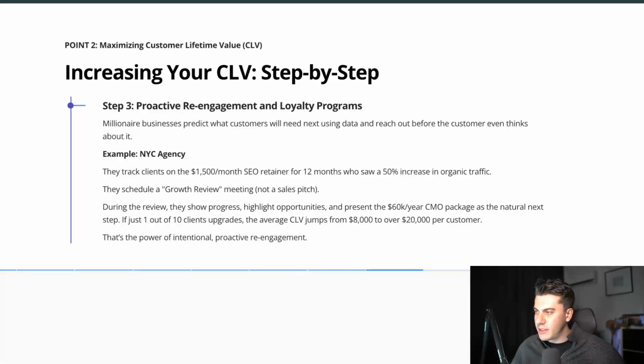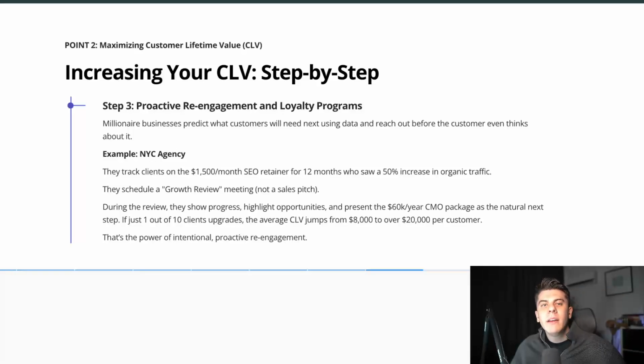Detailed and actionable example here: let's go back to our NYC agency. Inside their CRM, they track clients who've been on the $1,500 per month SEO retainer for 12 months. These clients have seen a 50% increase in organic traffic, which is a strong indicator that they're ready to scale. So, what does the agency do? They schedule a growth review meeting, not a sales pitch, a review. During that meeting, they show the progress, highlight opportunities, and present the $60,000 per year CMO package as the